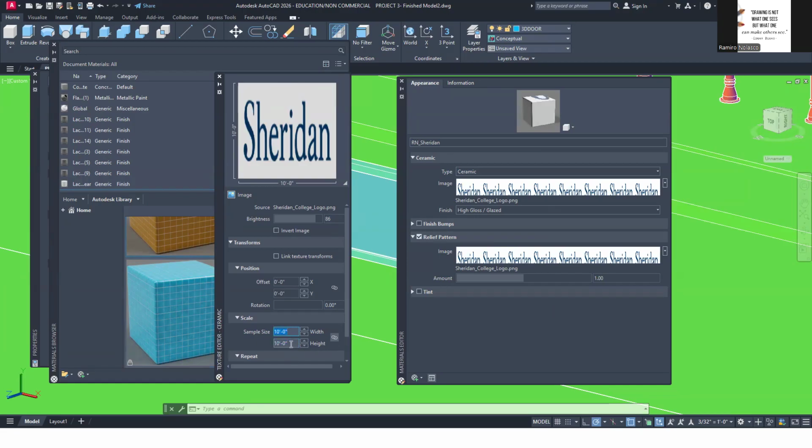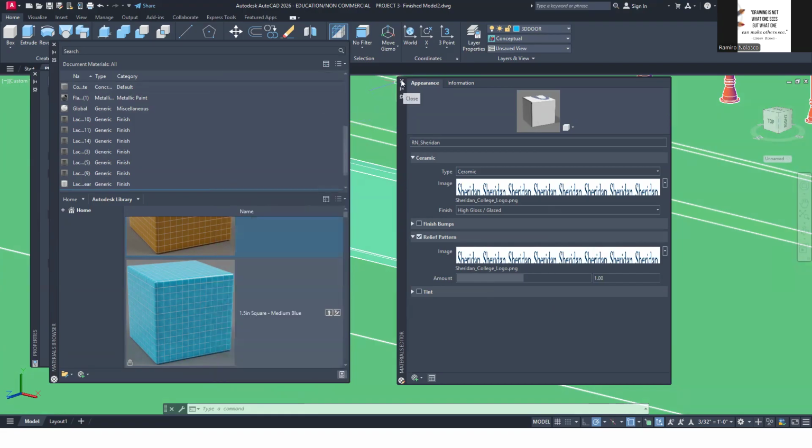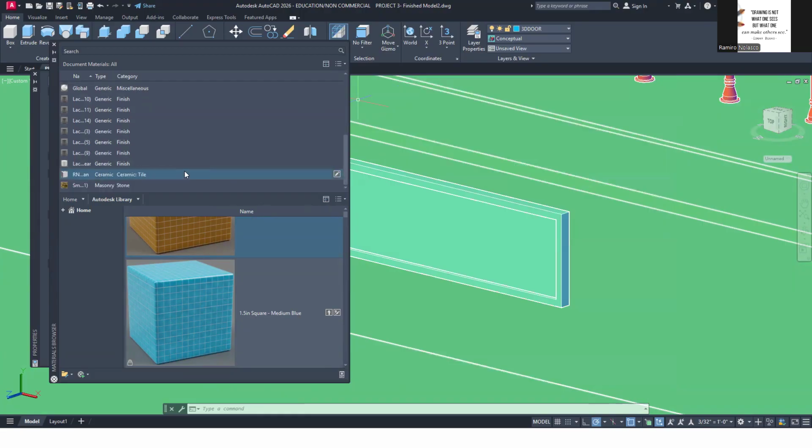Okay, so we have 10 feet by 10 feet, which is most probably not correct, but we'll just maintain that for now. Likewise, do change the relief pattern. So let's just put 10 feet for now. Okay. And then close this.